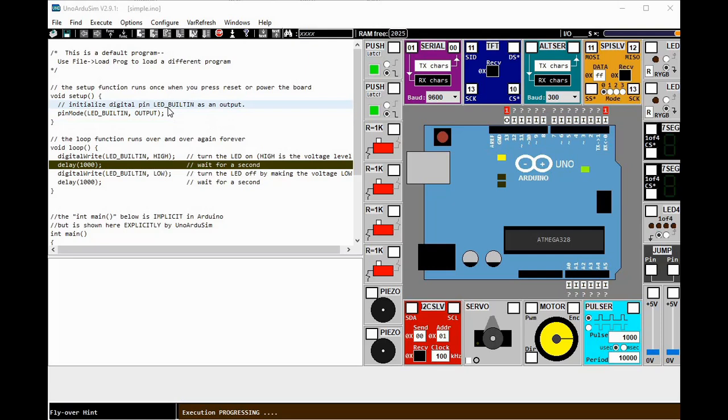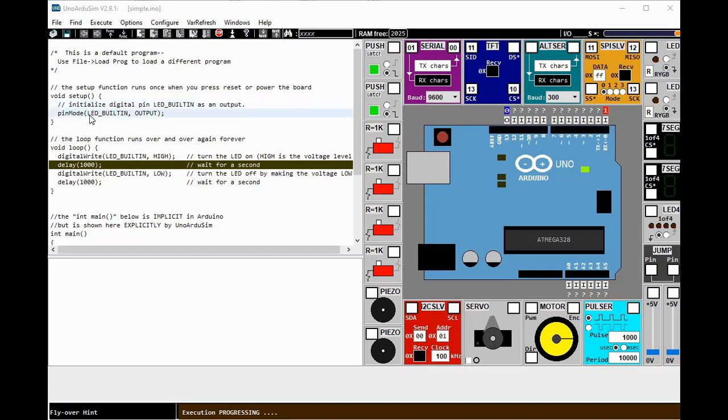As I have explained from the previous video, for the void setup, you usually use that whenever you first run your program. So you only run this void setup once. So usually you are going to declare there the pins. Either you're going to use it as input or output.